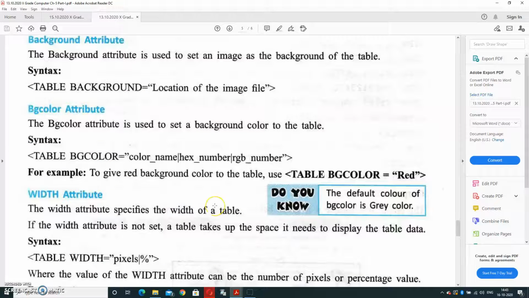And keep in mind one thing: at one time either bg color or the background image will be displayed. Both can't be displayed at the same time. And the default color of bg color is gray.